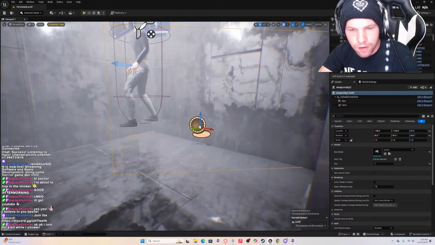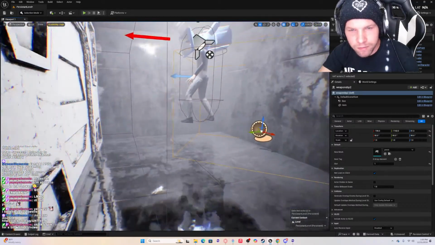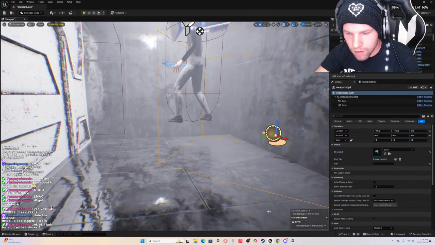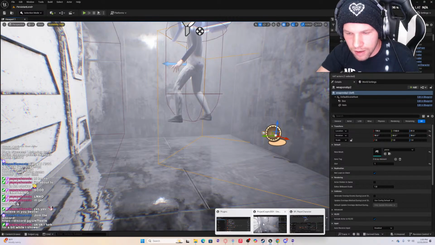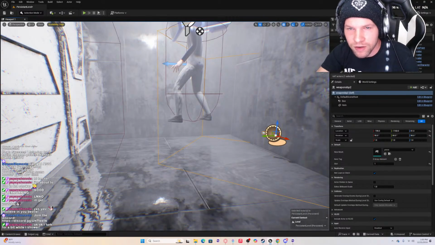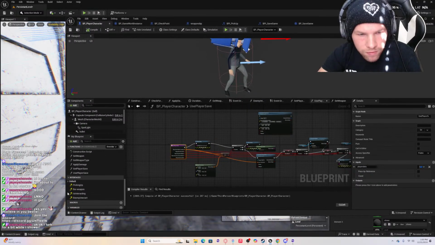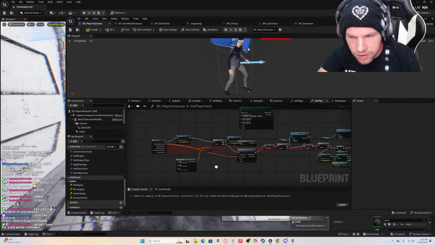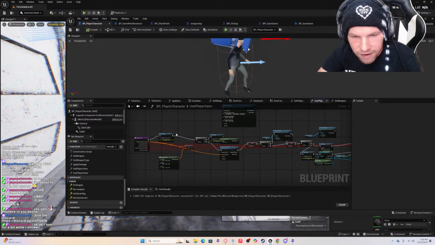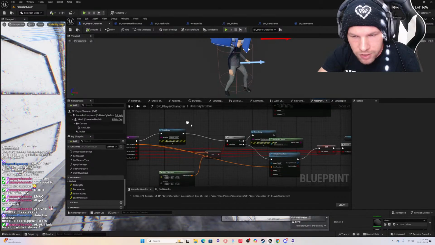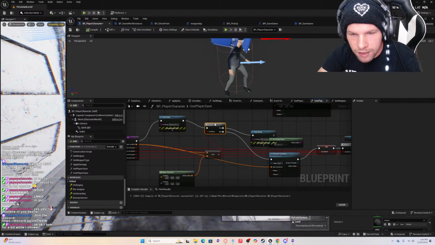Right now that is not working, and I'm trying to figure out how to do that. So we're in the use player save. This also needs to be a little bit more cleaned up.